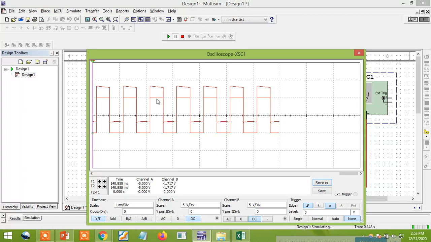In the other case, the output waveform you can shift in the positive direction. So at what voltage it is shifting, if you want to know, you already decide the voltages. I want to clamp at 3 volts. In order to see that, you have two triggers here. This is trigger 1, this is T2. So this is for T1 and this is for T2.